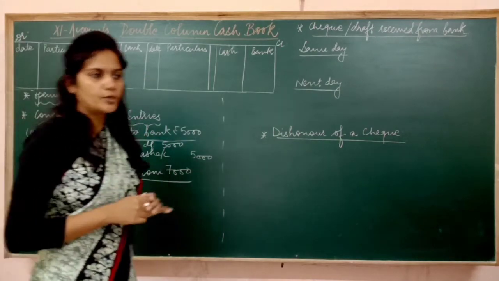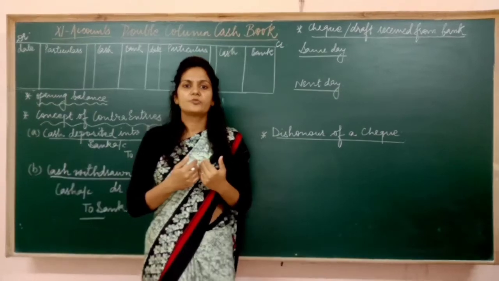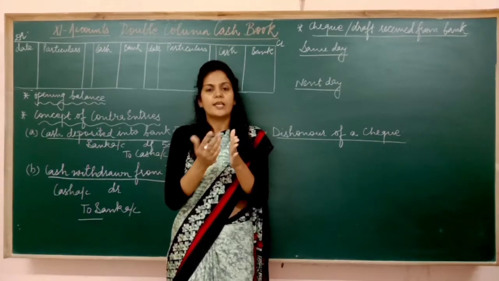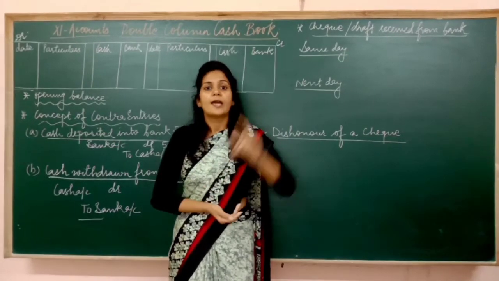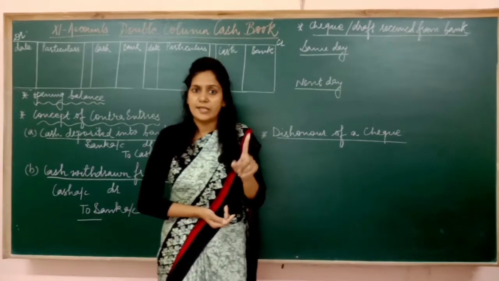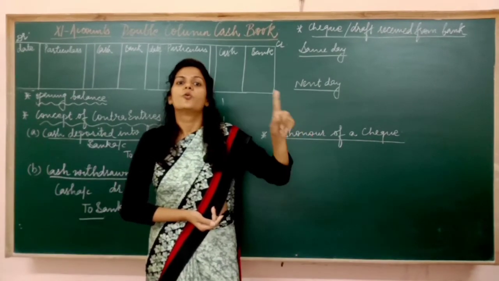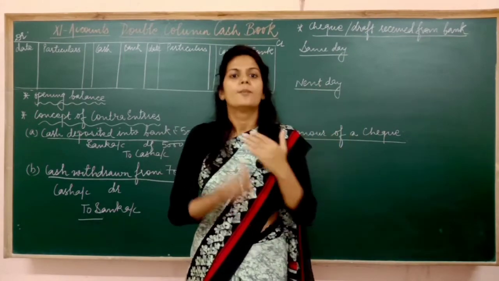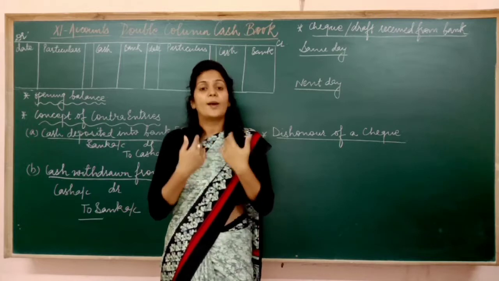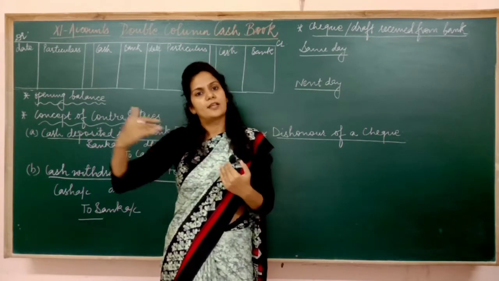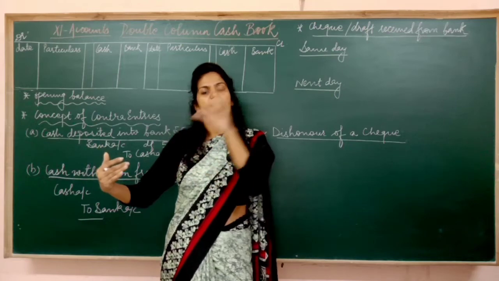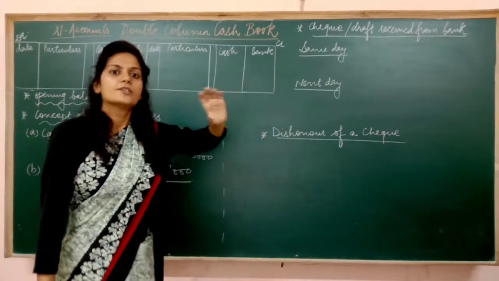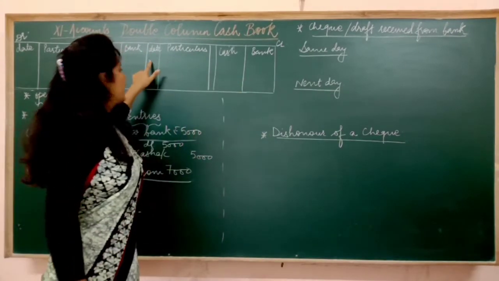Now listen to a short story. Suppose I have issued a check to Ram. Then I will enter this transaction in my books in the bank column, and my bank doesn't know about it yet. My bank will come to know only when Ram will present this check to my bank. Okay, my bank is HDFC. My business has an account with HDFC. Business has given one HDFC check to Ram. I have issued the check, so I have to record this transaction in this bank column.